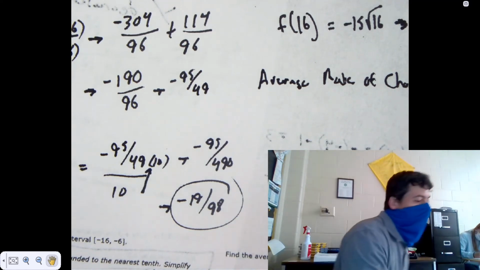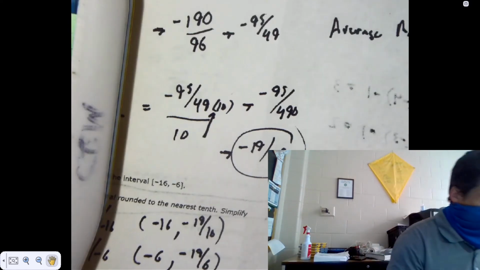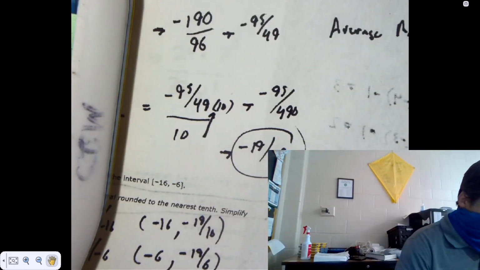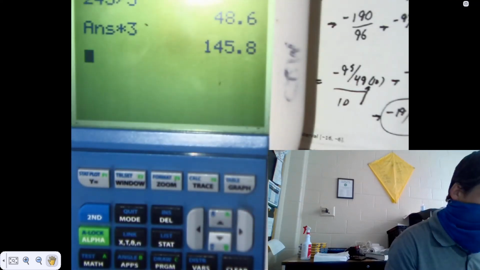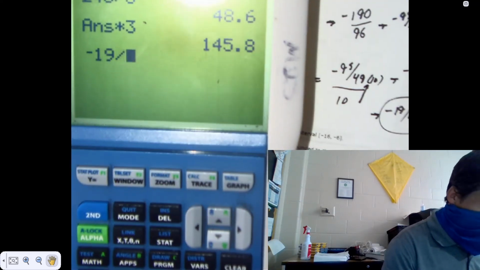So after you got your ordered pair, you would do y2 minus y1. And there is a negative symbol. If you're using a TI-84, there is a negative symbol that you have to use down here. I really wish you would use a TI-84 because your phones can't do some of the stuff we need them to do. Minus a negative